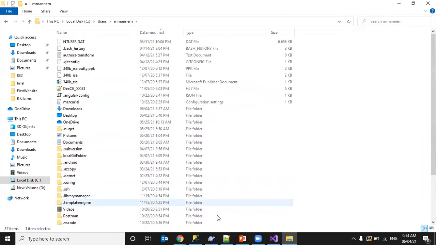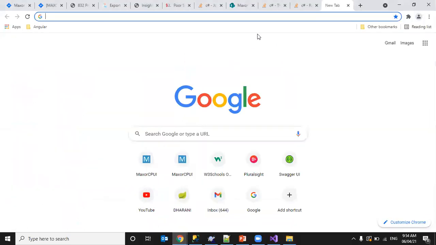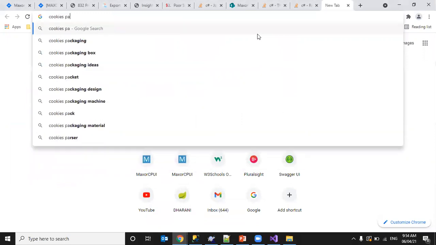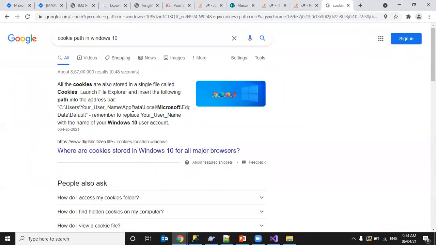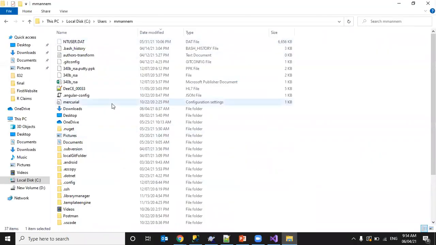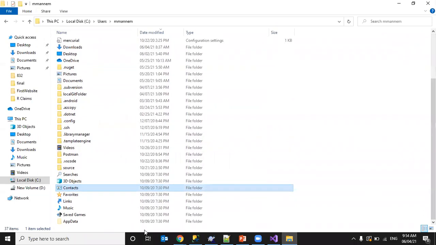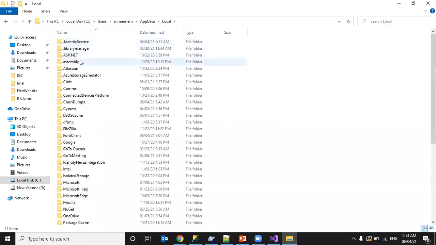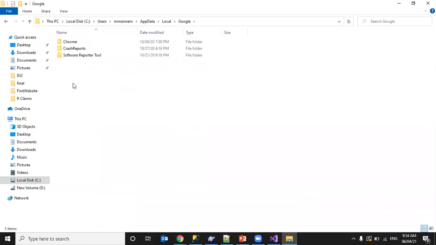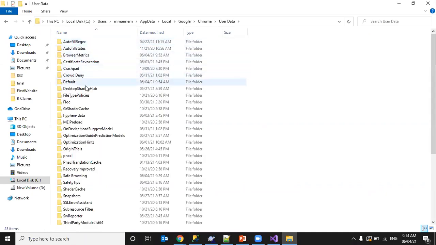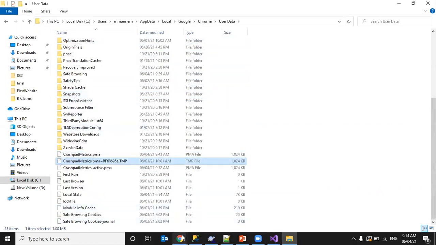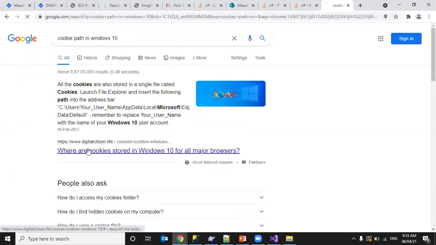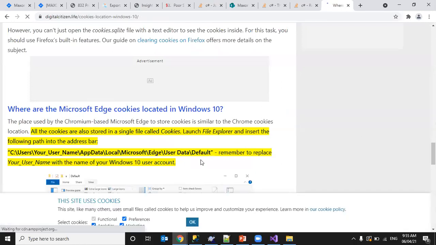Users, username, AppData, Local, Google, User Data, Default.